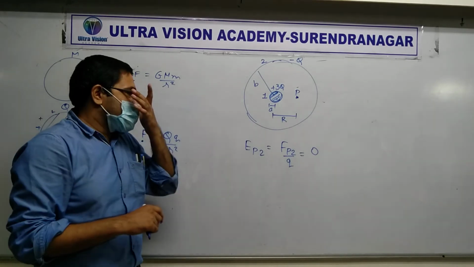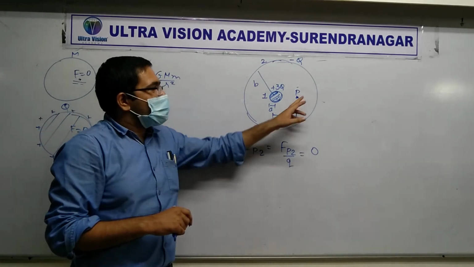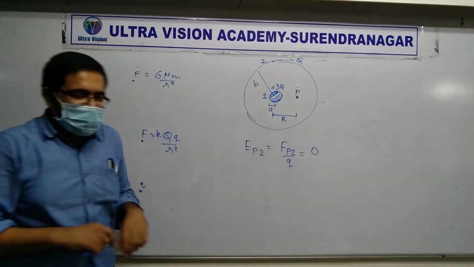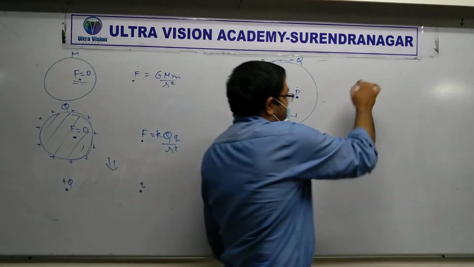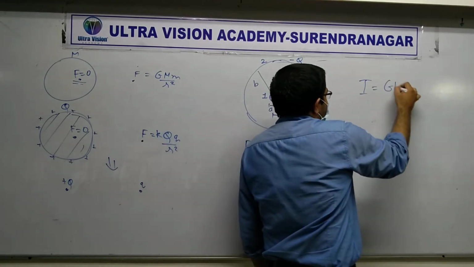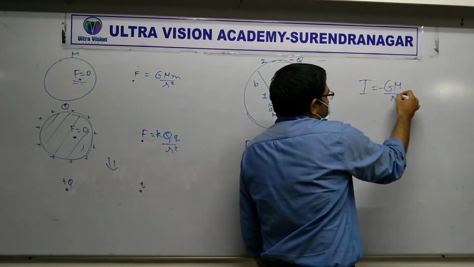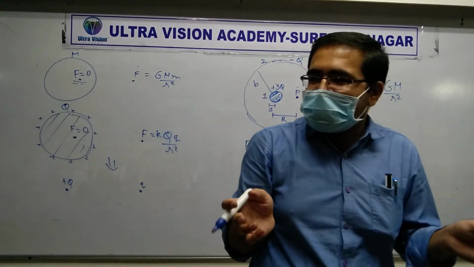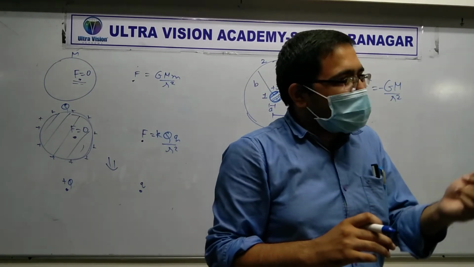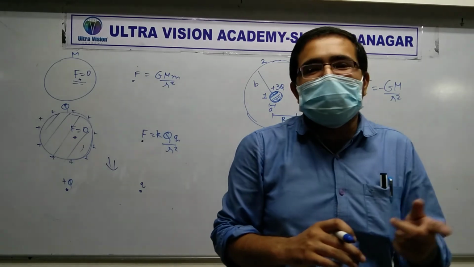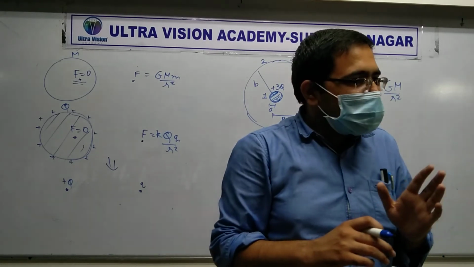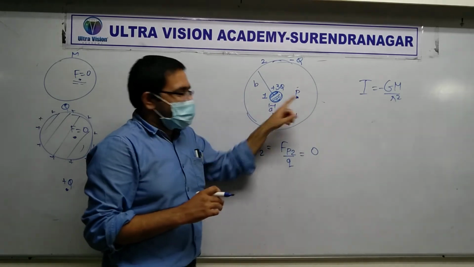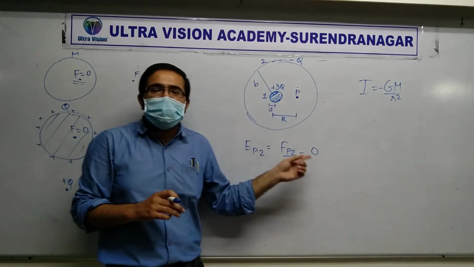Yes. Okay. So the electric field due to the second shell at the point P is 0. In fact, if you remember gravitation, we derived a similar formula there, g = GM/r², for a shell, for a sphere and all that. For a shell, inside the shell, the gravitational field is 0. So for a shell, inside the shell, the electric field is 0.